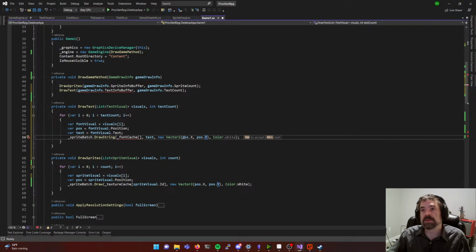Not sure right now if I'm going to store the color against fonts, or if I'm going to have a different font for every color, or if I'm going to have one font and just change the colors. I think it might be a performance question. Well, you tell it what font you draw, what color you draw every time. Bet you it doesn't matter. Probably do one font, multiple colors. Okay, and then